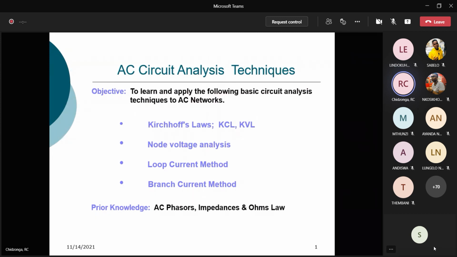The most important tool we learned in analyzing AC circuits has been representing AC voltage and AC current as phasors. This lends itself to ease complex maths, and we borrowed from complex analysis in terms of division and multiplication in order to be able to solve